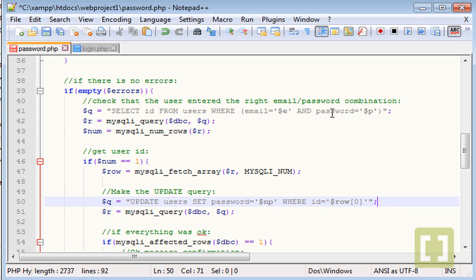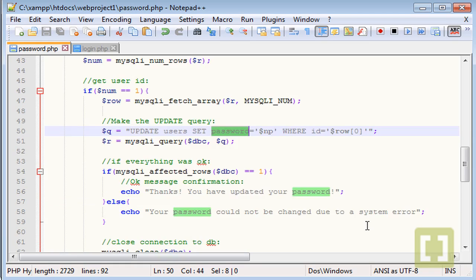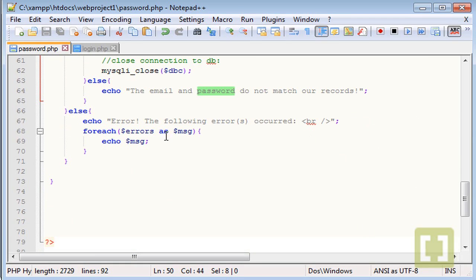So make sure you have password here and here. Save this, because remember, password is the field on the MySQL database that holds the password. Okay, with the line break here. Okay, save this,